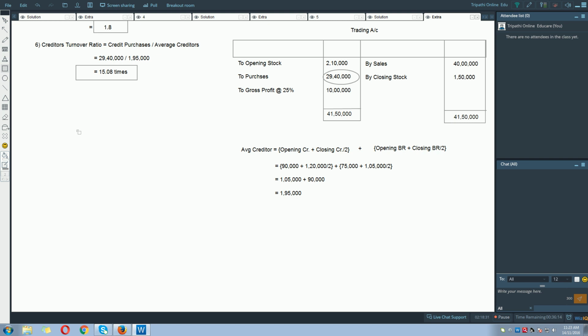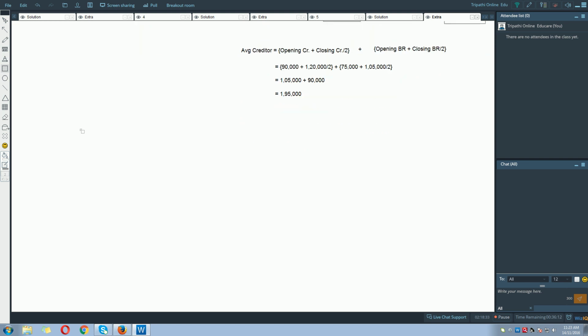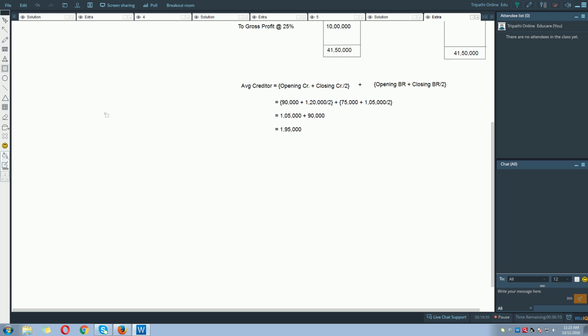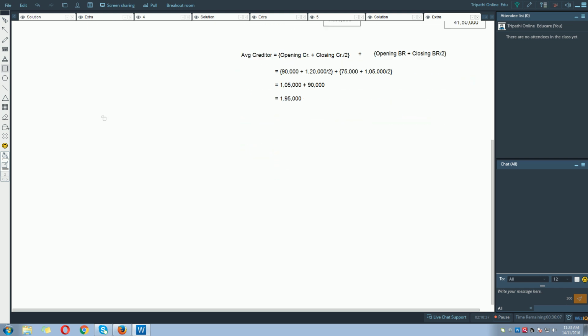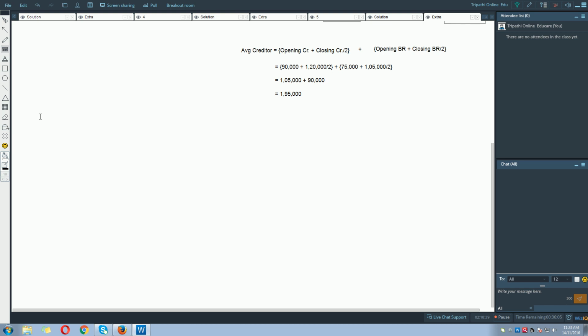That is equal to 90,000 plus 1,20,000 divided by 2 plus